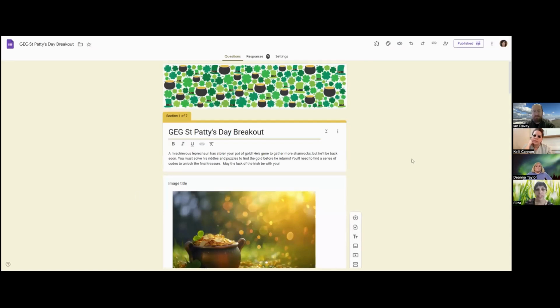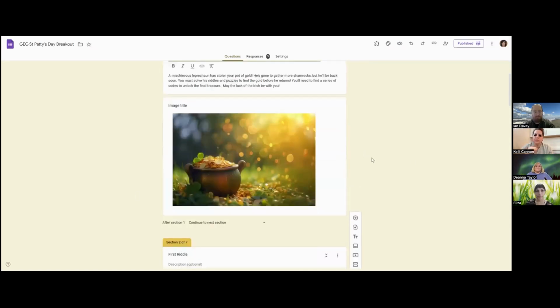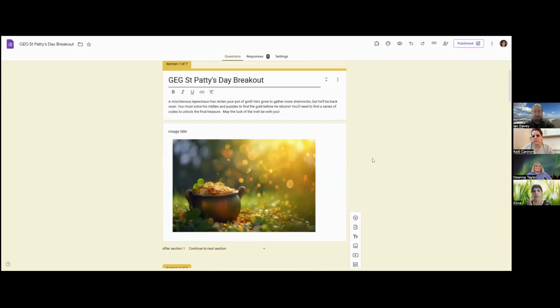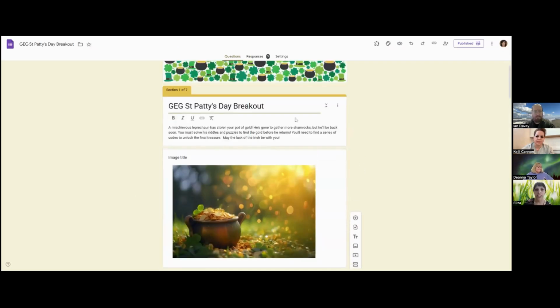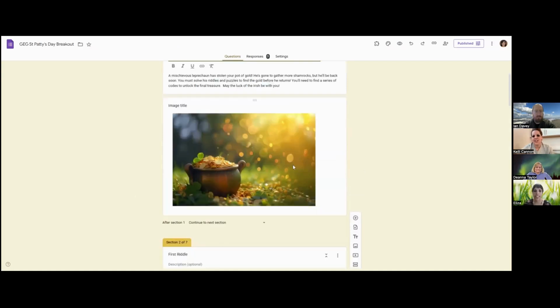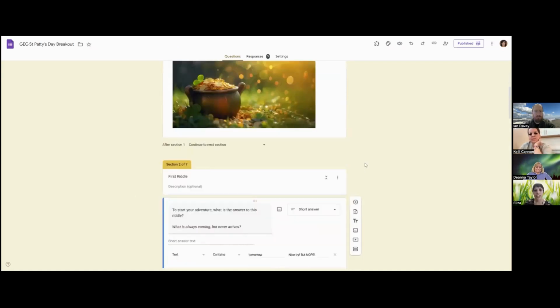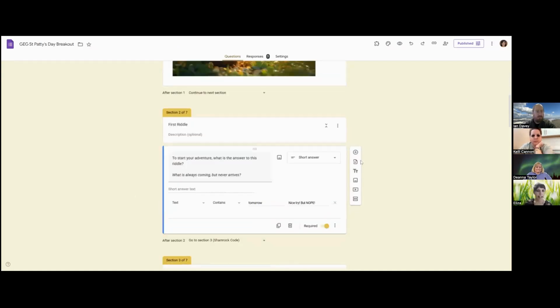Let's take a look at how to set one of these up. So this is the form itself, and very similar to what I showed you in differentiation, you set up different sections. Okay, so we start with our initial storyline, whatever that might be. Maybe it's like an Egyptian tomb or a haunted house or whatever you want the story to be. You can add pictures and all that fun stuff. And then you add different sections. So you want to add a section based on each of your clues, essentially.